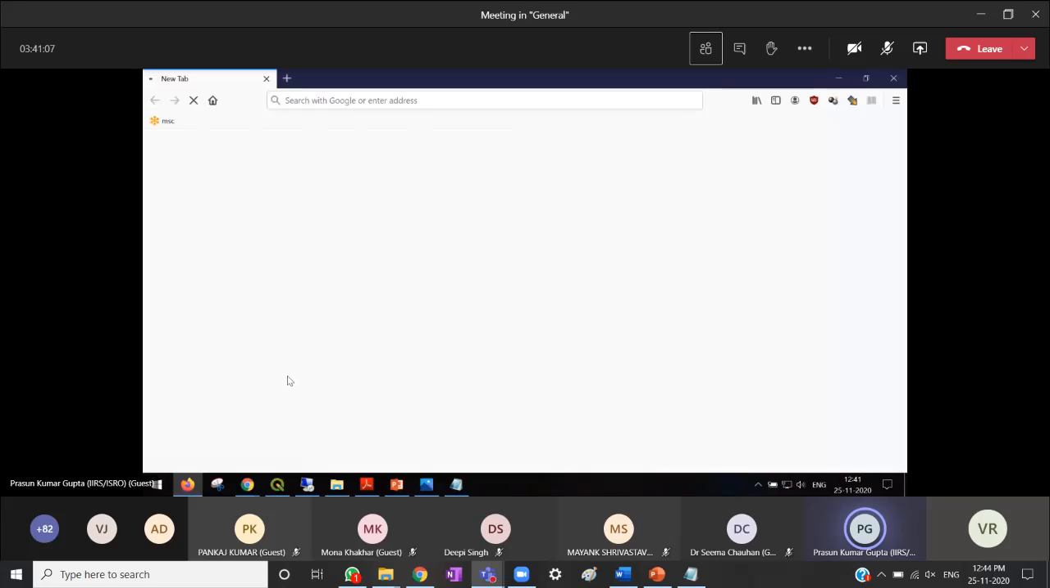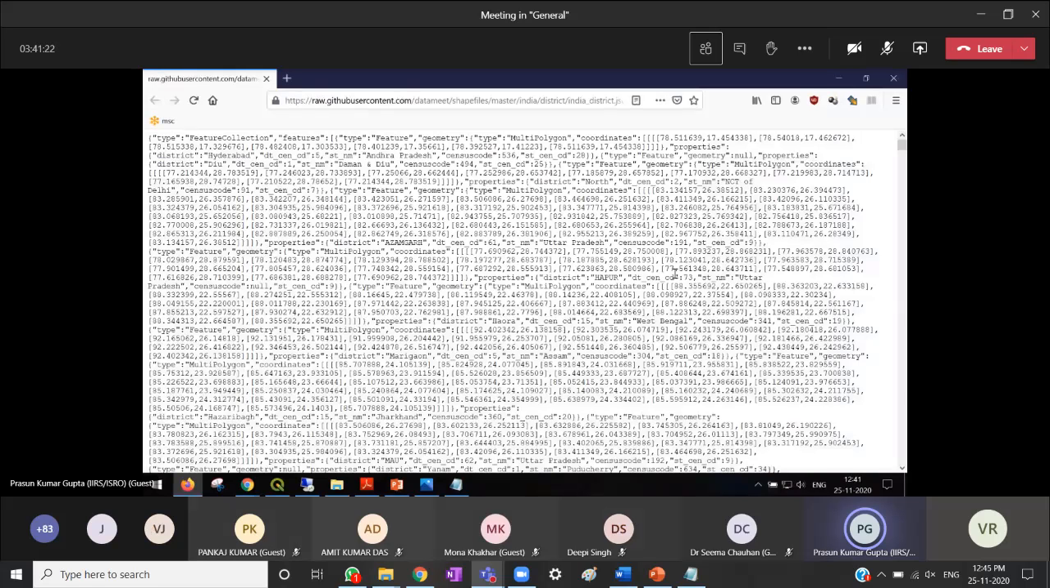So once you click on that link, it should show you some numbers on your screen. Don't worry about that. Just press Ctrl S on the keyboard and you can save this file. I'll go to today's folder, the QGIS demo folder, and save this. In your folder, you will see that a new file has been created, which is called